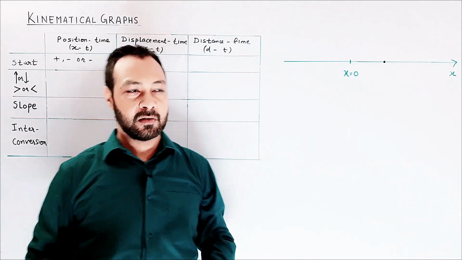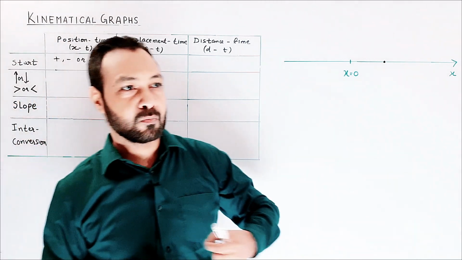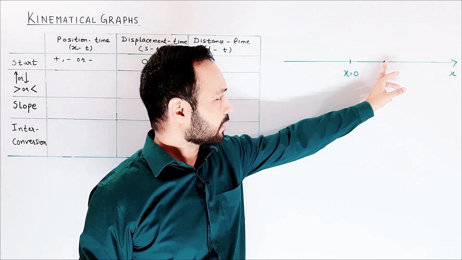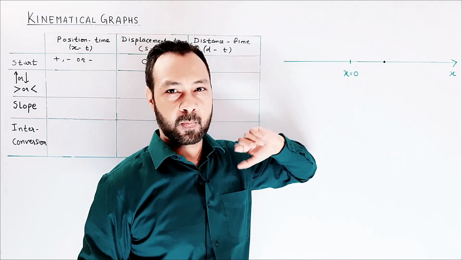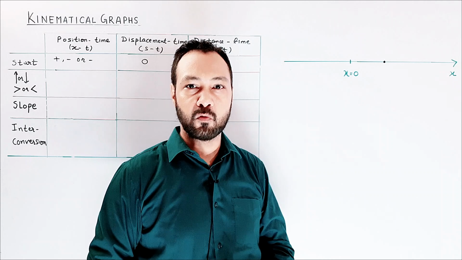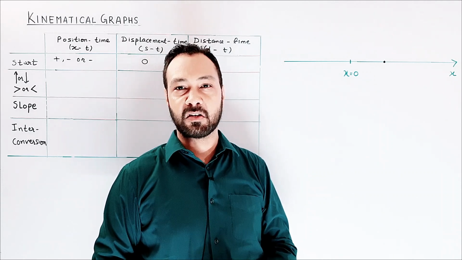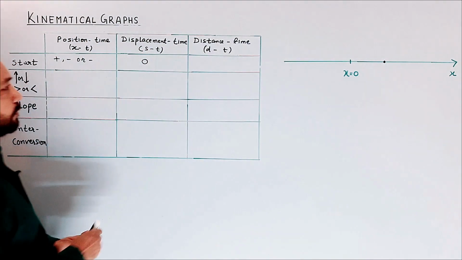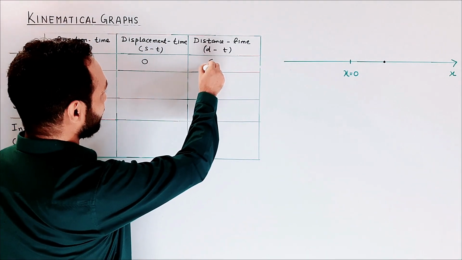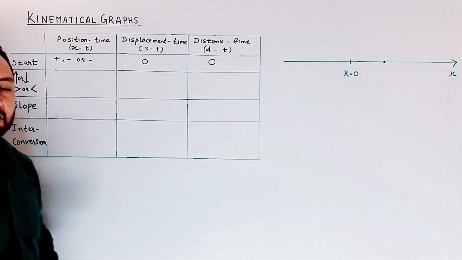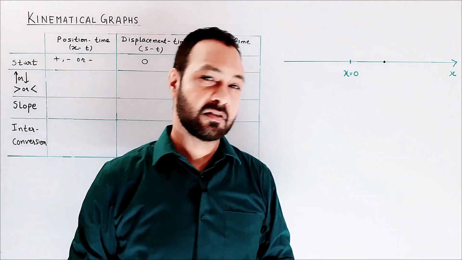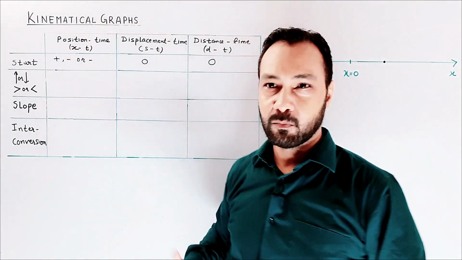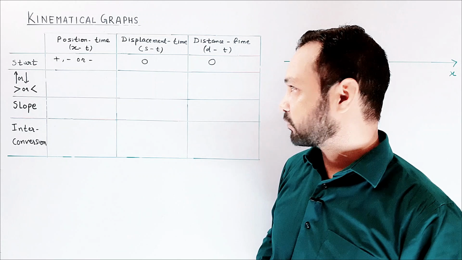It won't happen that right now it has just started, and at the moment of the start it already has distance. At the moment of the start, it can have some initial position, but at the initial moment it cannot have any displacement, and it cannot have any distance. So the distance time graph and displacement time graph both start from the origin, because at the initial moment displacement and distance are 0, but the position time graph can start from positive, negative or 0.